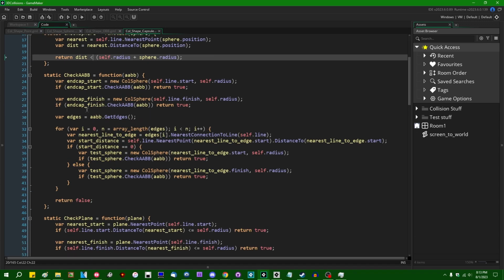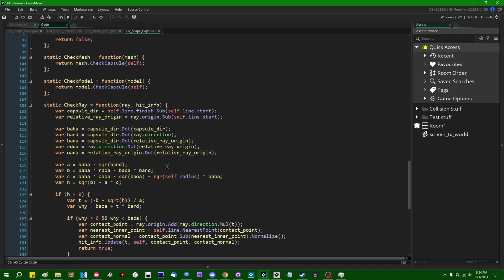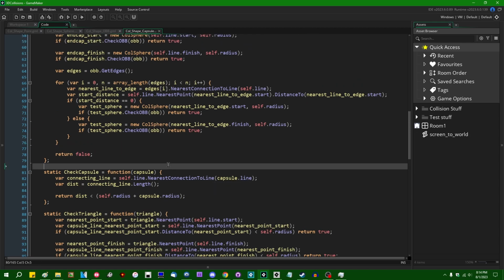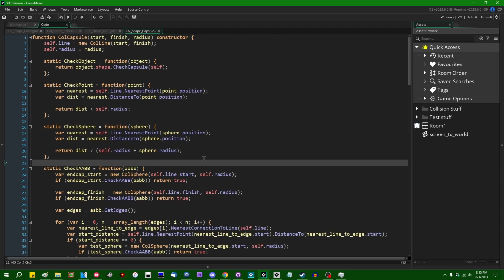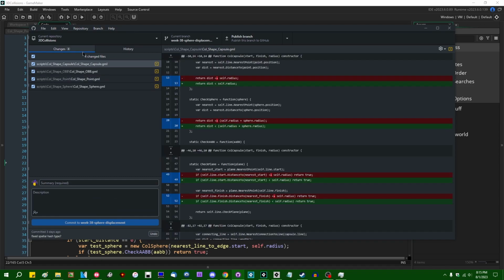points. Spheres, of course. If I had thought 2 years ago that I was eventually going to include shape displacement in the series, I probably would have just done it like this in the first place. Hindsight's 2020. I hope this isn't going to be a deal breaker for anyone who's using the system. Let's